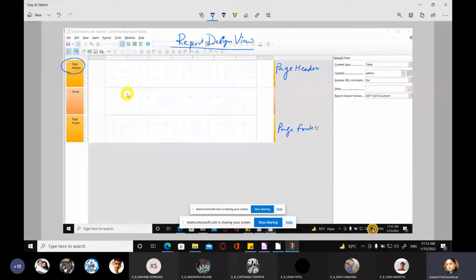Usually things which are displayed on the page header are the company logo.